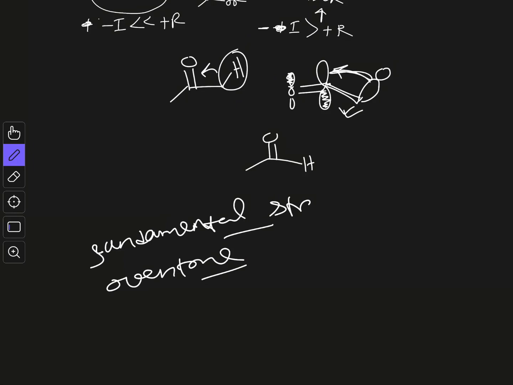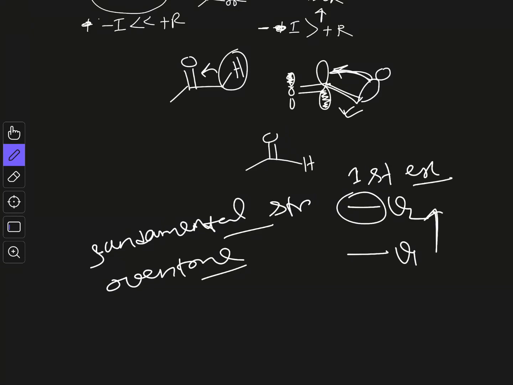So fundamental stretching is, basically whatever vibration we discussed till now, all are fundamental stretching, and it is whenever the excitation of the molecule occurs from the ground state to the first excited state, that is V1 level to V2 level, which is the first excited state. So this is called fundamental, but there are some other excited states, and this excitation can occur to them also, that is from the ground state to the second excited state or third excited state, and all these are called overtone.